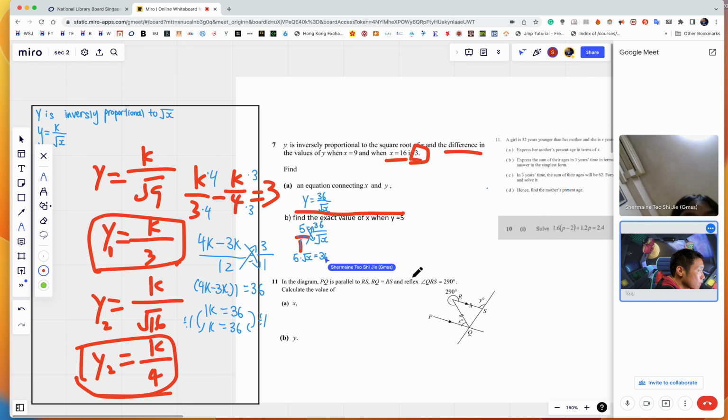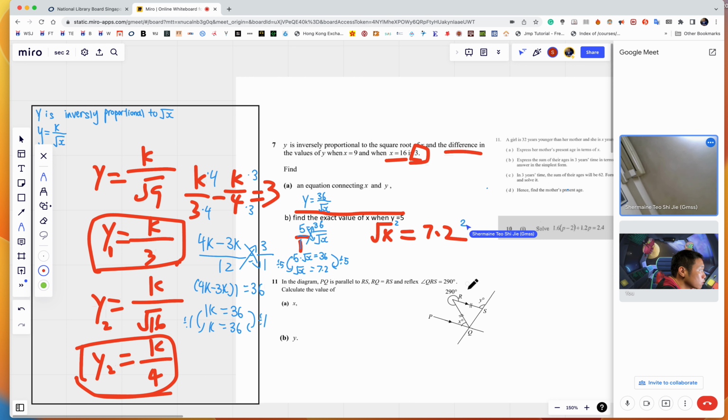What's the next step? Very good. So you have square root x equal 7.2. Okay, so you need to square both sides or not? Yeah. Why? Because it's not square root x. Yeah, because you cannot use your calculator and figure it out, right? Good. So x equal to